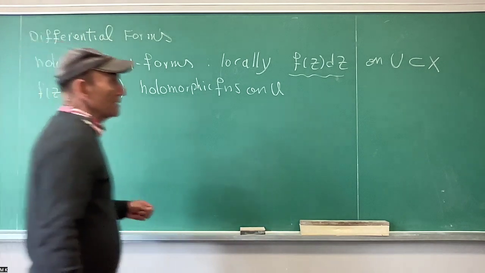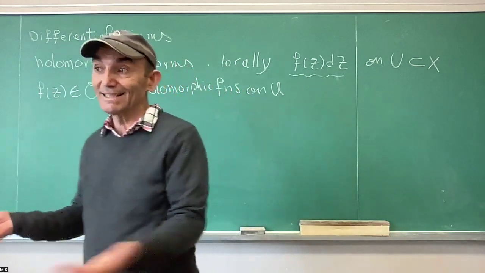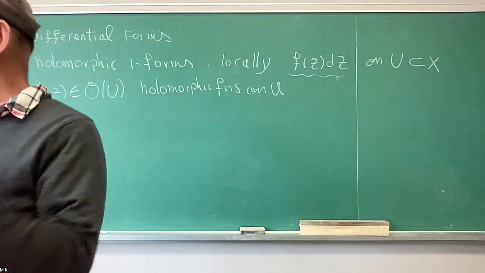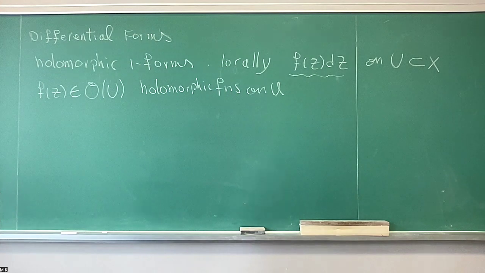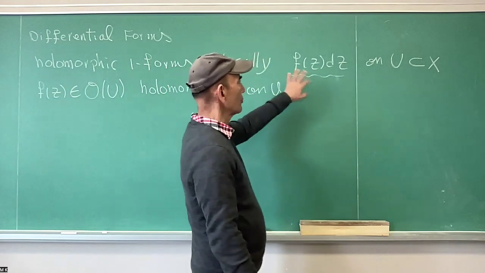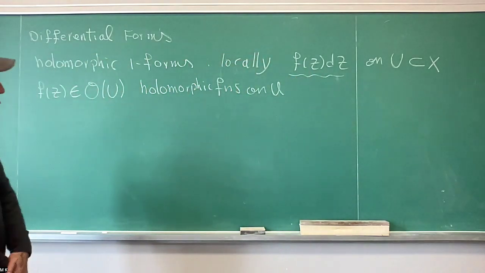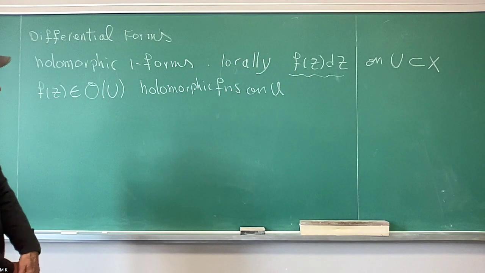Another problem is that there is no dz on X. There's no one form dz on X. dz also is local. So everything is local. But once you allow yourself these local expressions, it's a beautiful expression that you learn in complex analysis when you integrate things. You're integrating holomorphic functions, but you stick dz there for good reason. Okay,